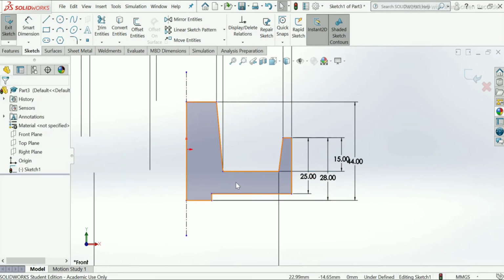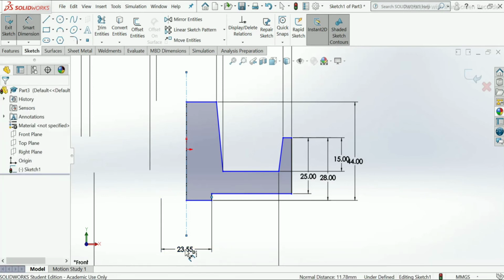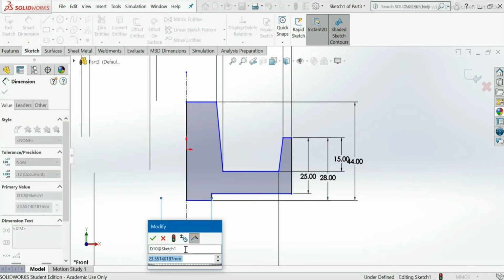See, take this bottom line of the sketch, from center line to this, take dimension 34 mm.